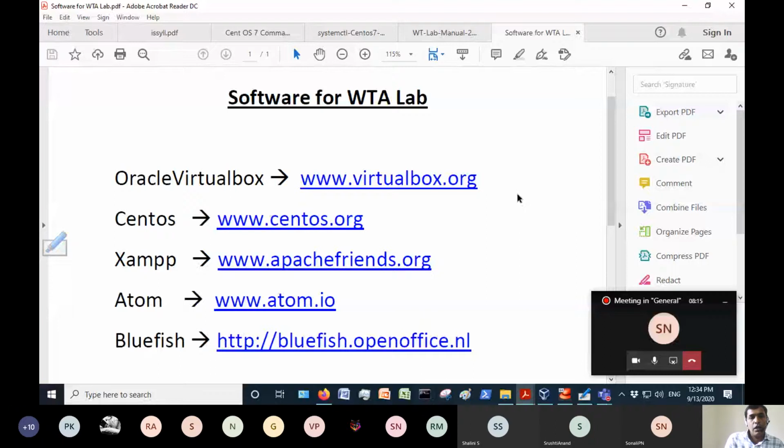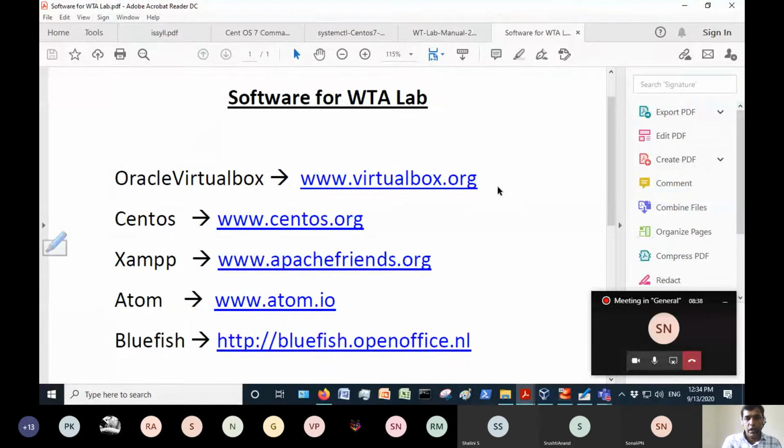So try to install your CentOS separately on Windows as a dual boot. That means at the boot time it will ask you whether to boot for Windows or Linux. There you can select Windows or Linux and boot the given operating system.